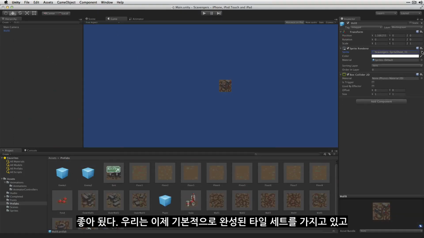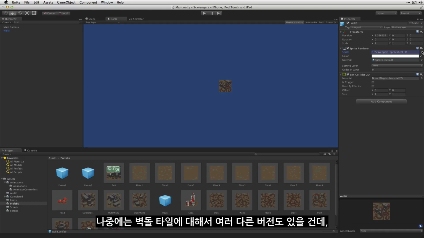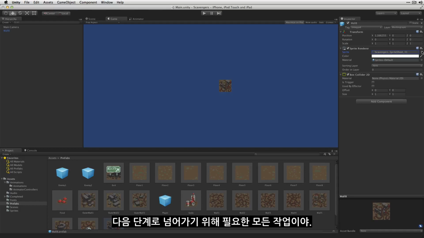And so there we go. We've basically got our complete tile set. There's going to be a couple modified versions of these wall tiles that will fit in later, but this is basically everything that we need to move to the next stage, which is laying out our game board using a script.